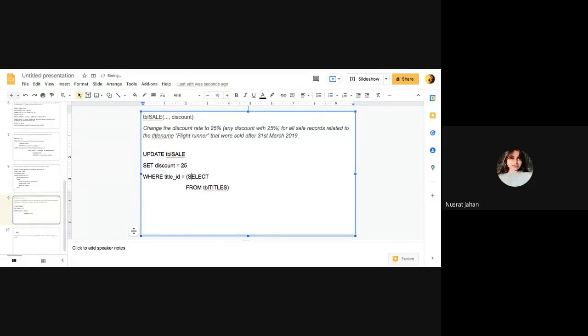Select title name. ID. Select title ID. Title ID না, select title ID. হ্যাঁ, title ID তো আমি ম্যাচ করতে যাচ্ছি। So yes, we will do select title ID. হ্যাঁ, ঠিক আছে। No, that's right. Title ID select করব because আমরা তো title ID এর সাথেই ম্যাচ করছি।